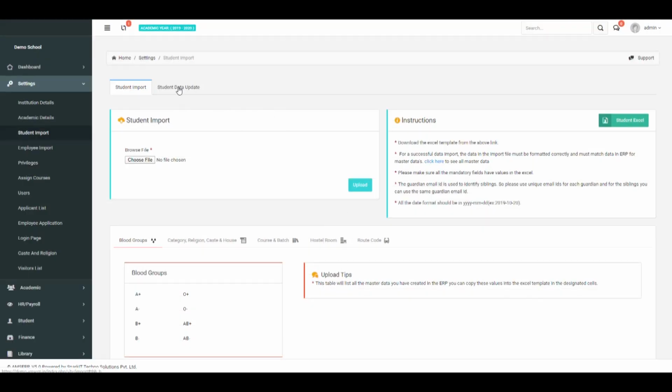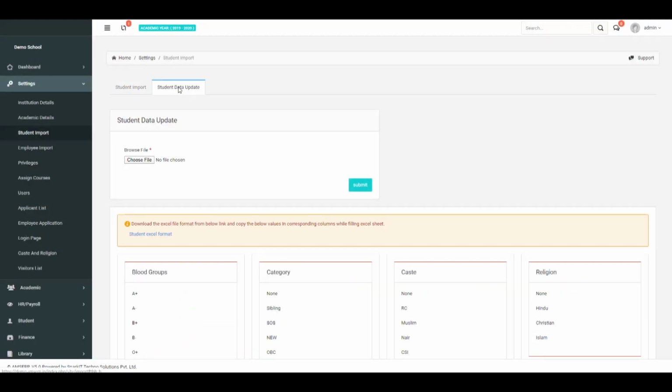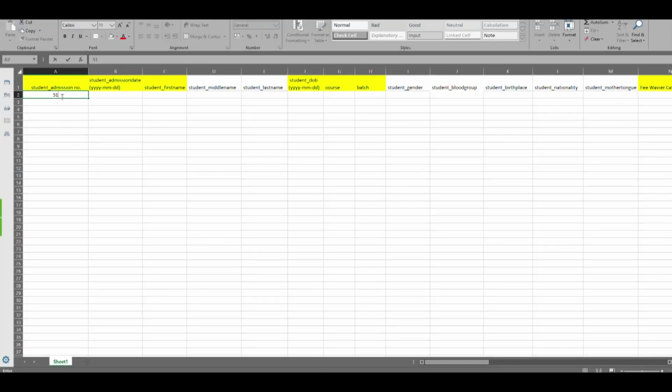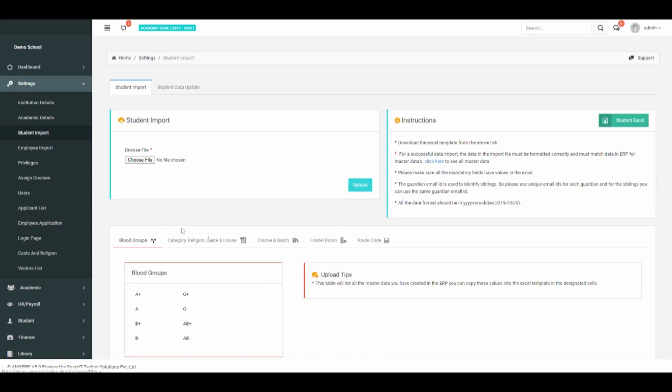And student data update. It's actually used for changing the entire student data in a bulk manner. If the phone numbers of a given set of students are to be changed, just download the Excel format from student data update. And before here, during our uploading of a student bulk list,